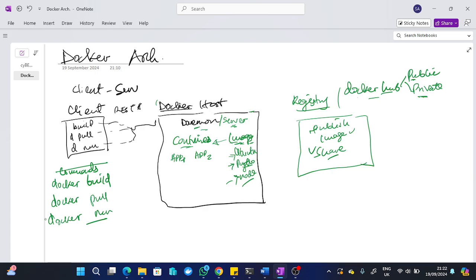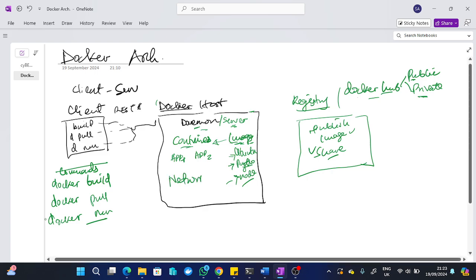So the host contains whatever we've mentioned: the daemon, the images, the container. There's the other things I've not mentioned. You can also have the network and also storage, or what sometimes we refer to as the volumes. So we'll look at this in depth and see how you can configure the networks, because the networks are important,